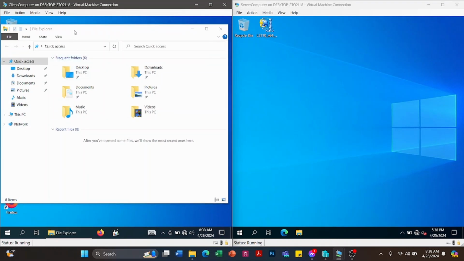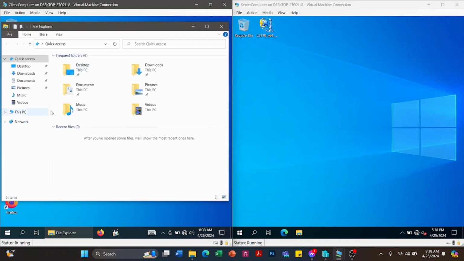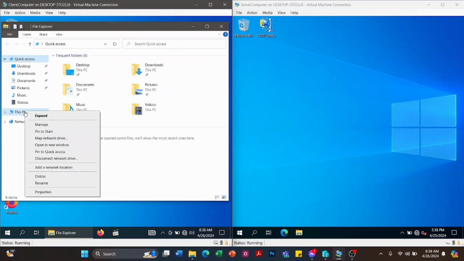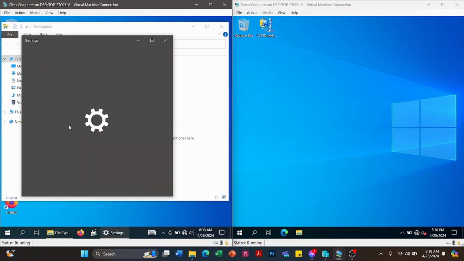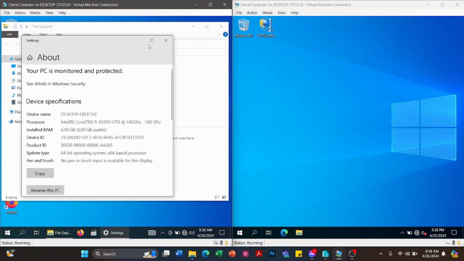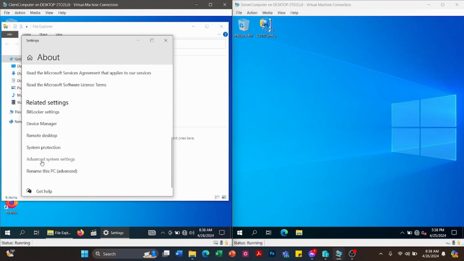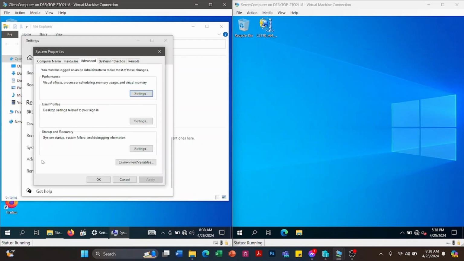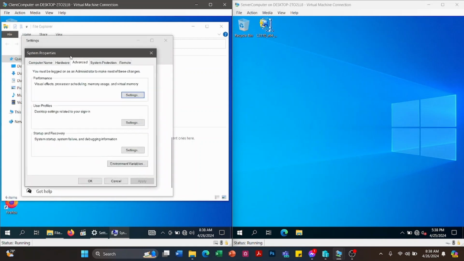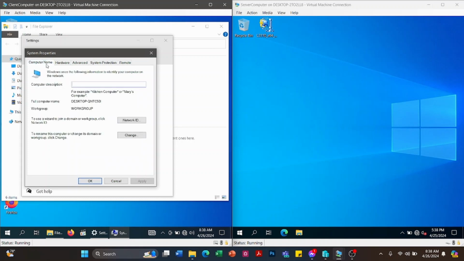ginebra.local. So we're going to open the file explorer, then right click This PC, then select properties. Okay, so let's search for the advanced system settings. A wizard will appear, the system properties. So we're just going to select the computer name, then change.